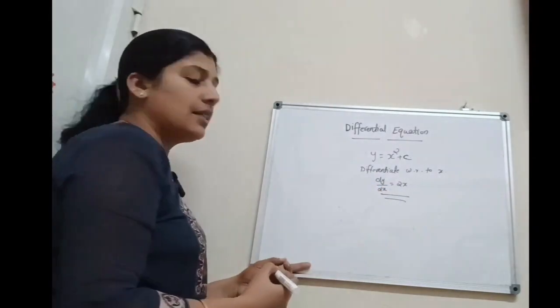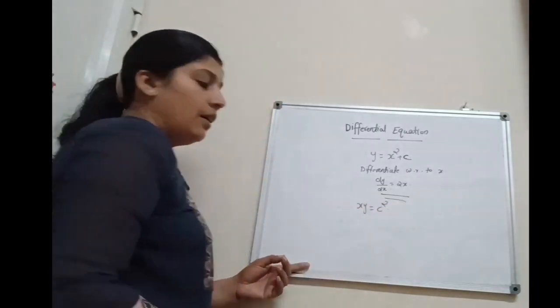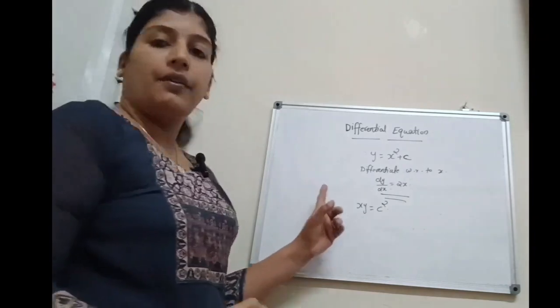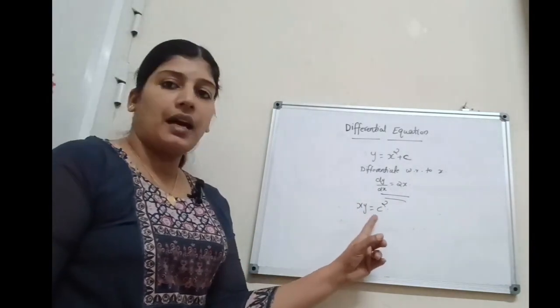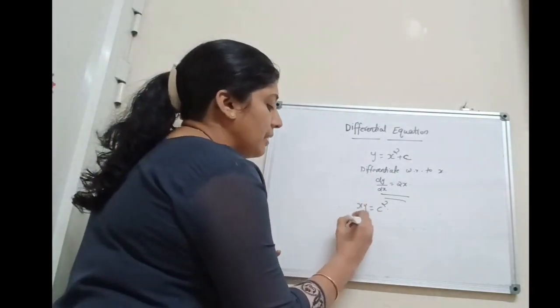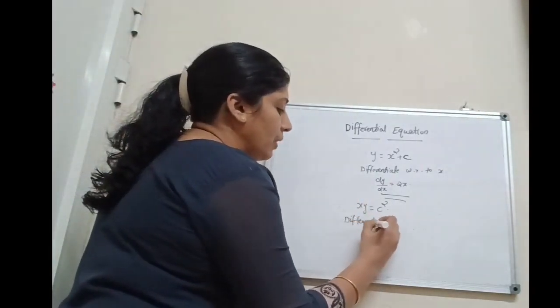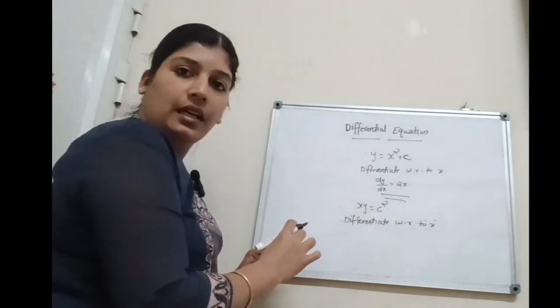Next, let us consider another general solution, xy equal to c square. How can we find out the differential equation of this general solution? Here, first we have to check how many arbitrary constants. Here only one arbitrary constant, c. Therefore, first we have to differentiate this general solution with respect to x only one time,